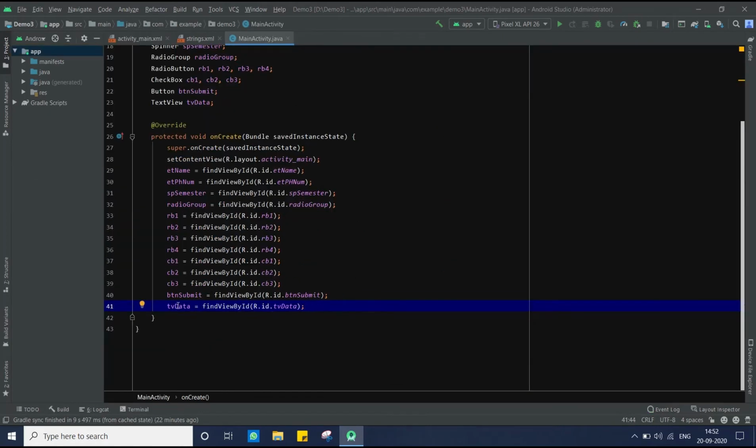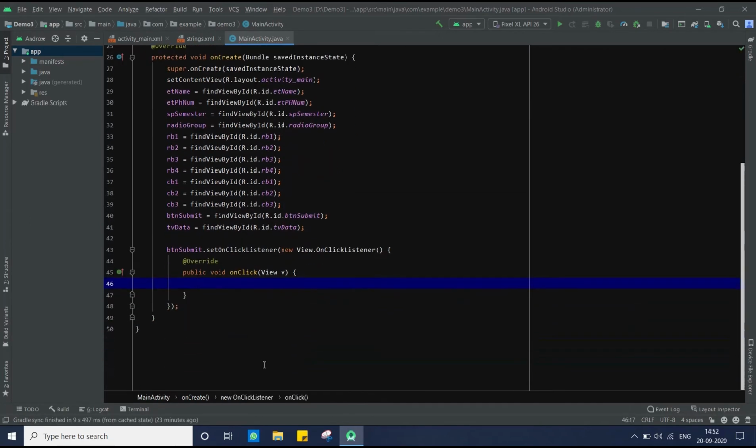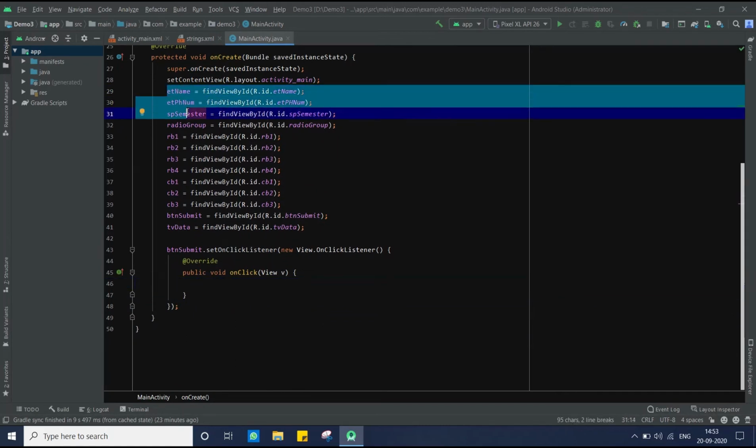We want to display our data in this text view, so we'll implement setOnClickListener on this button. We'll also fetch the data from this name, phone number and spinner.